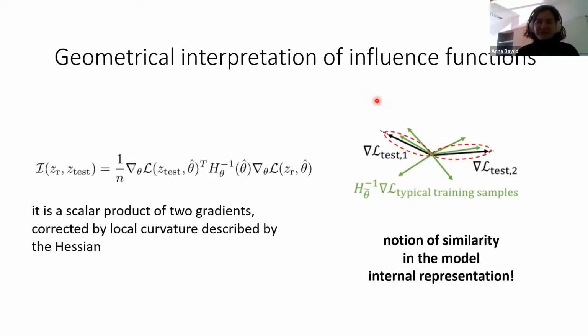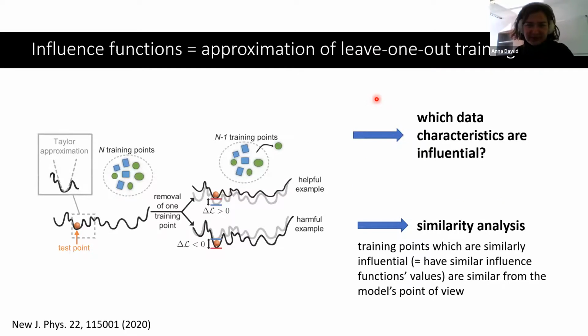Okay, so with this tool, you can do two things. First of all, as we touched upon in the geometric interpretation, we have the similarity analysis. We can see what data are similar to each other, and with that concept, we can understand what the machine learns. But we can also look at which data characteristics are influential. If removal of points with certain characteristics makes a large difference for the model, it means that these characteristics were influential.